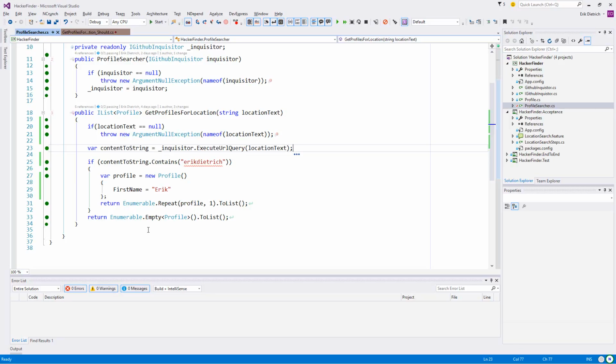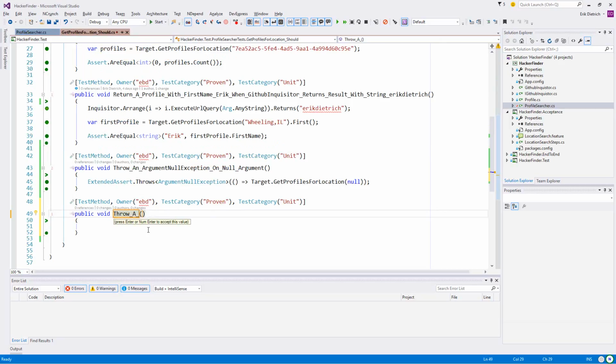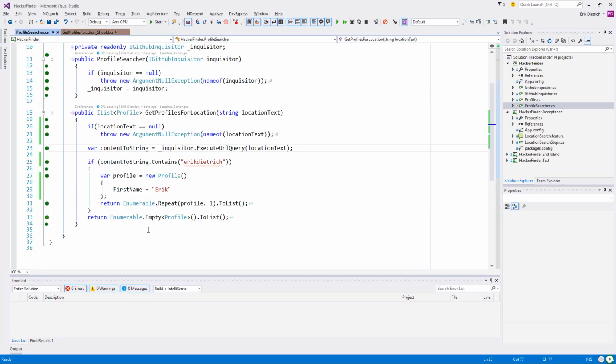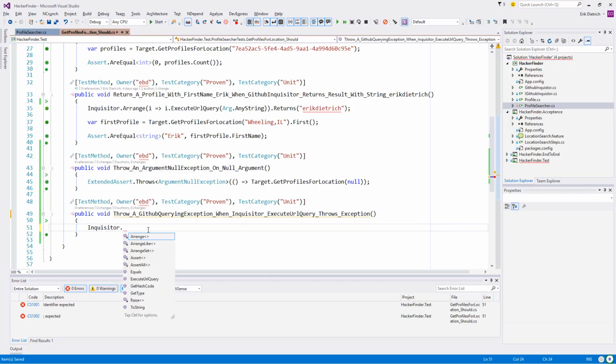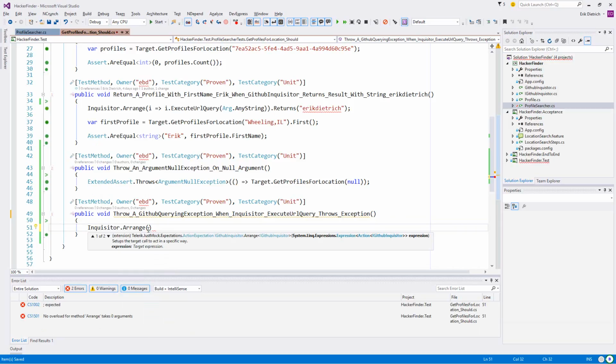So let's see. Inquisitor execute URL query. I guess I'll call it should throw a GitHub querying exception when inquisitor execute URL query throws exception. So if you're watching this and you're not familiar with just mock, you'll get to see something new here. Basically, we're going to arrange the inquisitor.